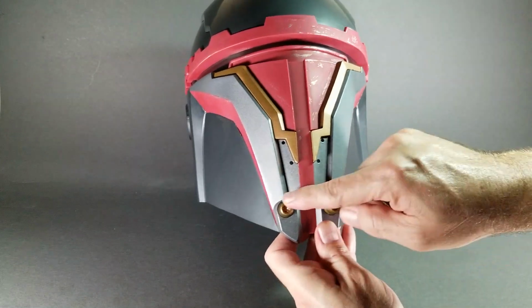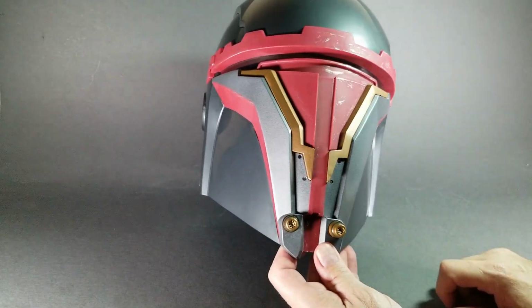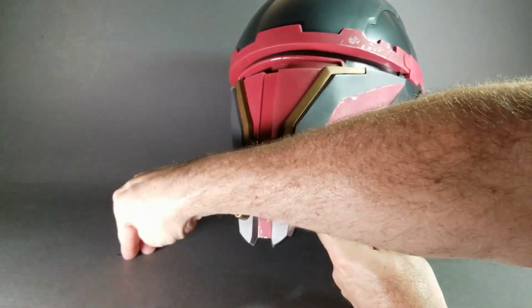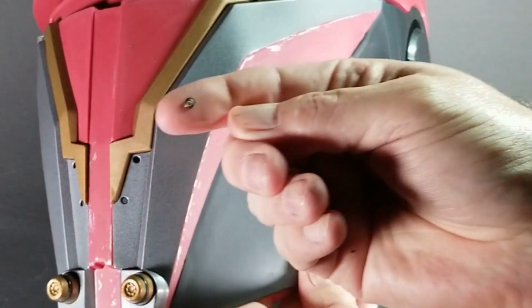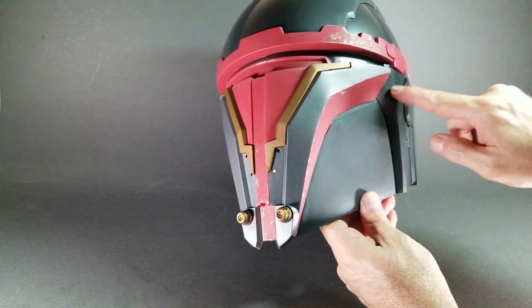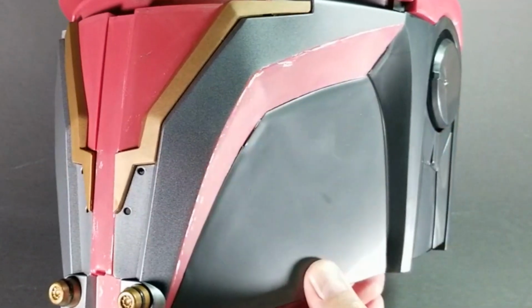And then these gold things down here look pretty real, for lack of a better way to put it. As we spin around, you can see there's some pieces falling off of it, actually. I don't know what that is. Something just fell off of it. But you can see there's some molding flaws right in here. I don't know if you can actually see that on camera, but if I move my hand away,